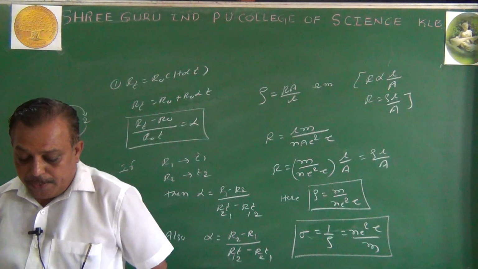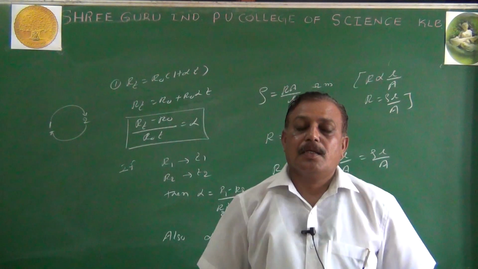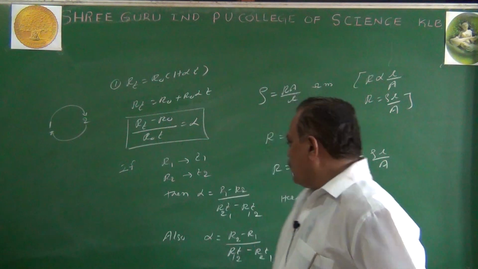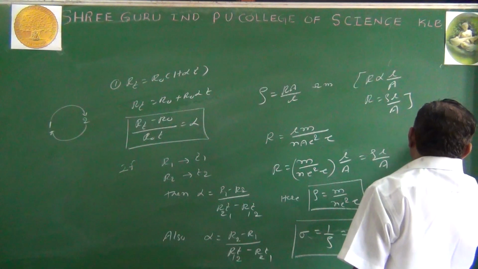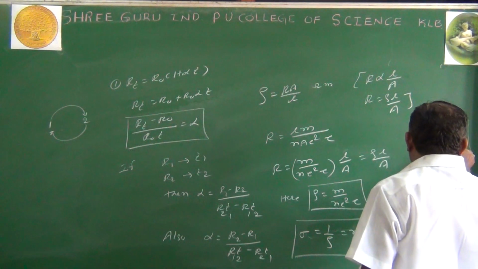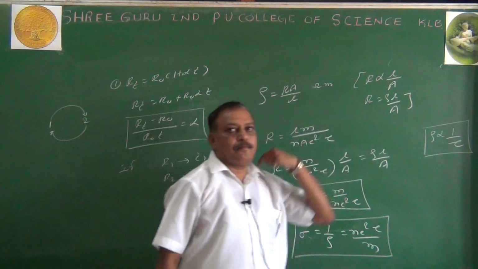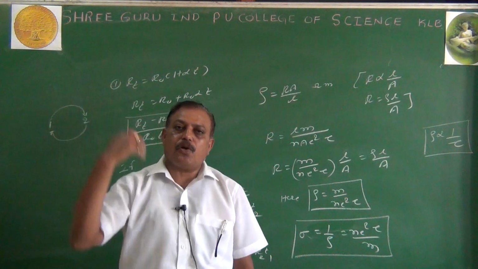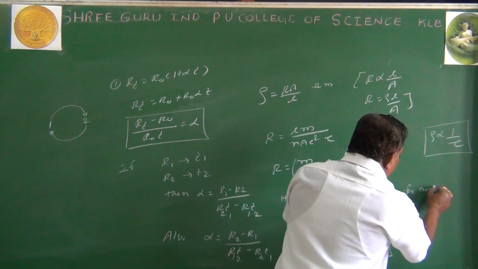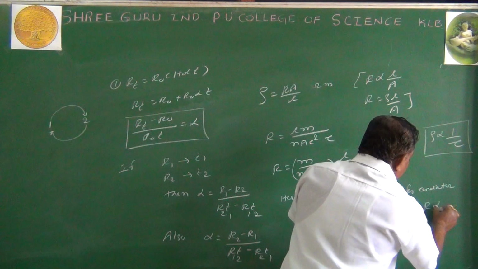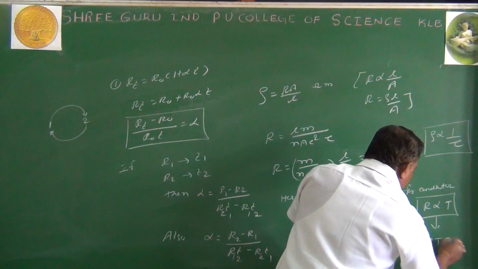So by varying the temperature, there is a change in resistance and resistivity. What are the main factors? Decrease of relaxation time. So already we know that resistivity is inversely proportional to relaxation time. As the temperature increases, relaxation time decreases. Hence resistivity increases. As the resistivity increases, there must be an increase in what? Resistance also. Hence for a conductor, we give the relation between resistance and temperature: R is directly proportional to T. This concept is called positive temperature coefficient, PTC.